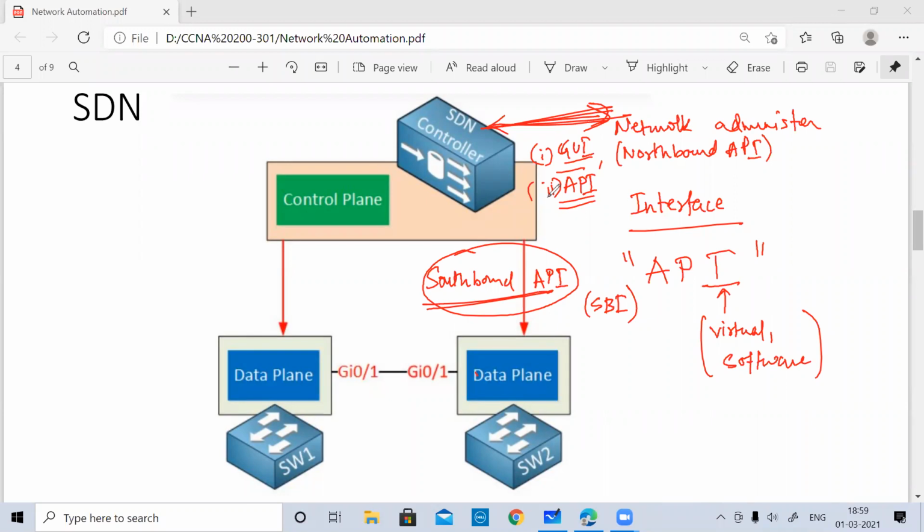These two interfaces are very important, guys. I hope this is clear. Does anyone have any issue with this? Any doubt, any questions on this, you can ask me. Is this fine so far?